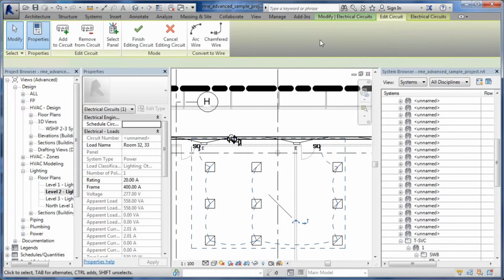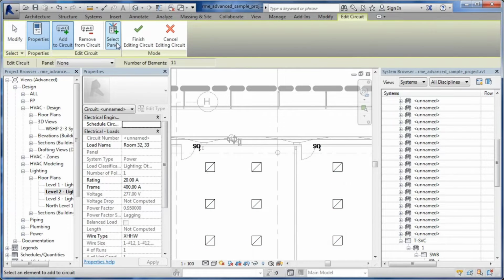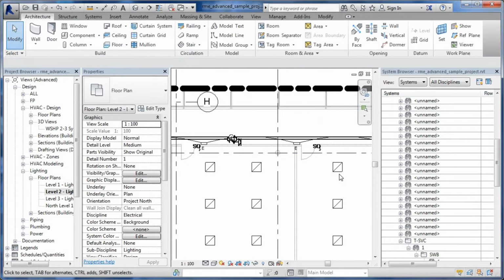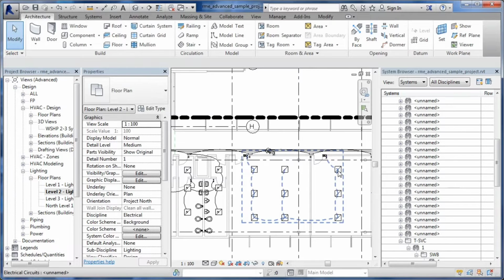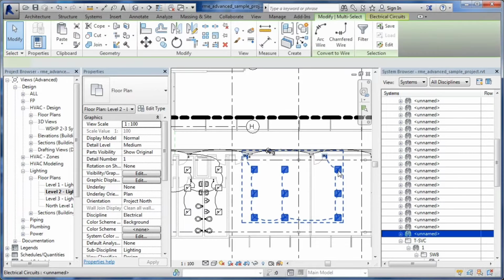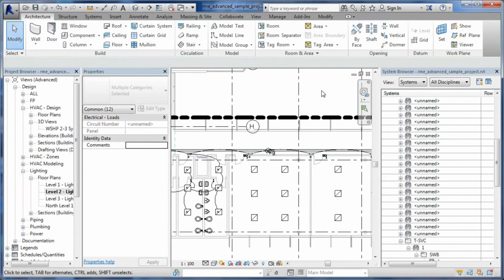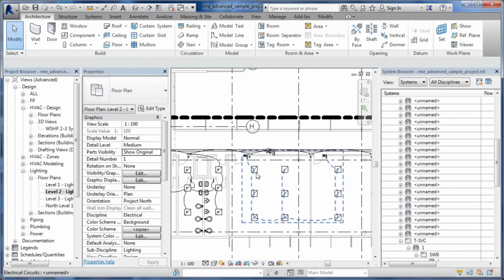It doesn't matter. So let's go in here and say edit circuit. Once inside of there, there's that select from panel. Add and remove components. Very straightforward stuff. Okay, hit finish and we're done. So now if you hover over this, tab, okay, there's the electrical circuit, but it's unnamed. Once we pick on here, let's click out. Let's try that again. Tab once,